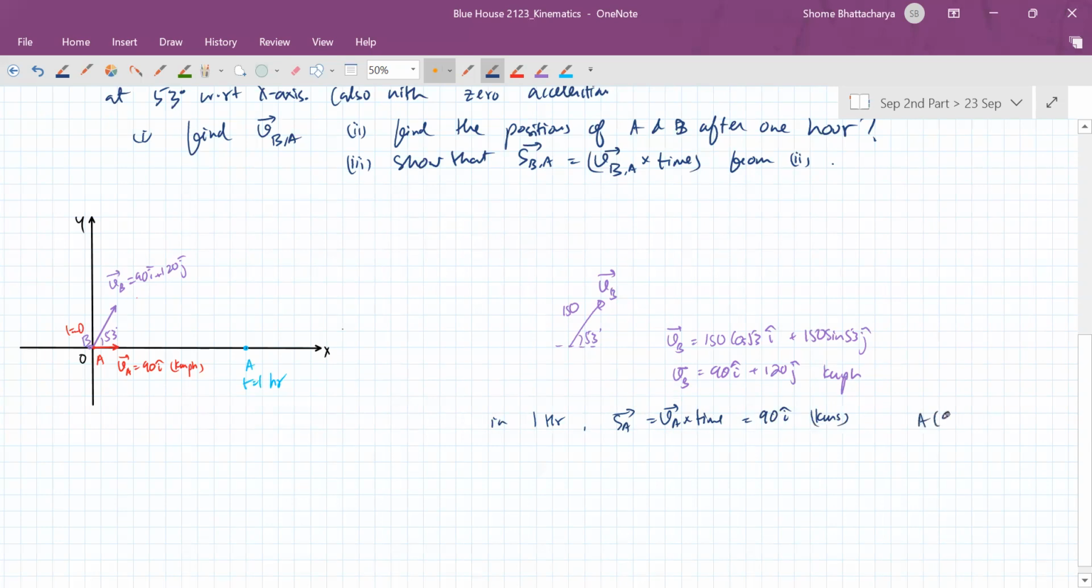So A's position will become 90, 0, and displacement of B will be 90 i cap plus 120 j cap. So B's position would have become 90, 120. So if A is located here at the coordinates 90, 0, B would be located somewhere here